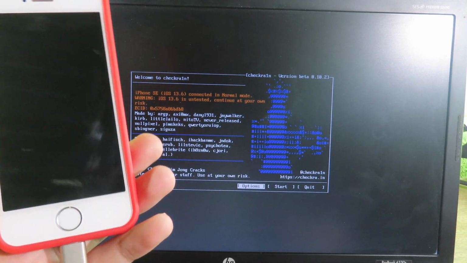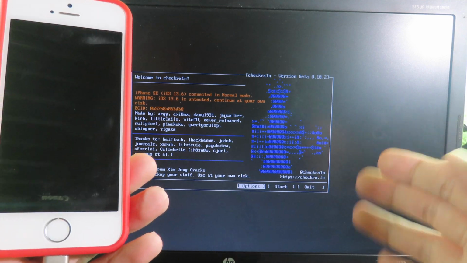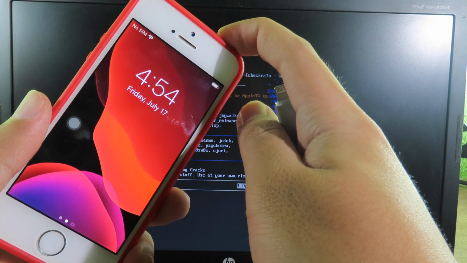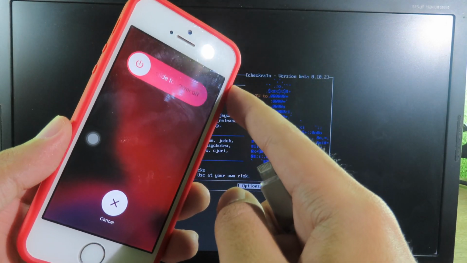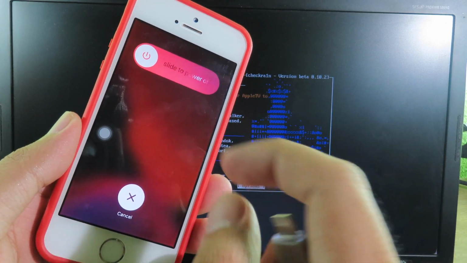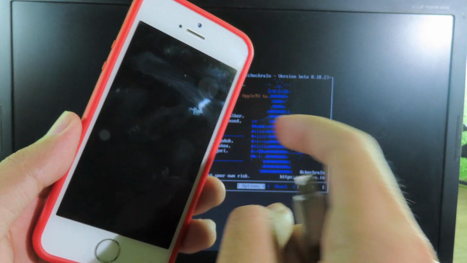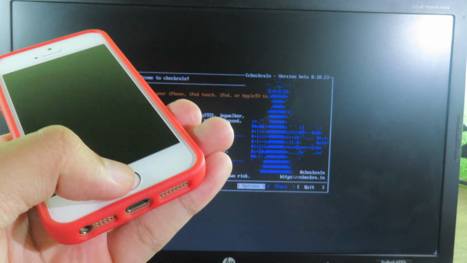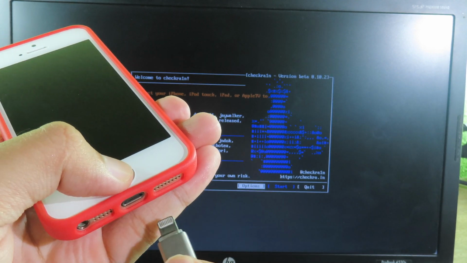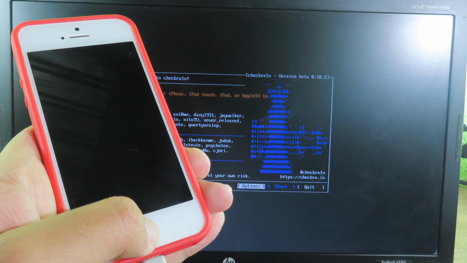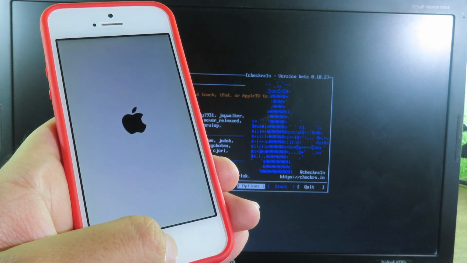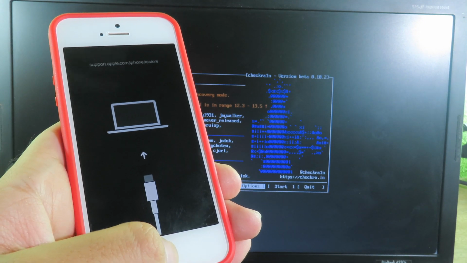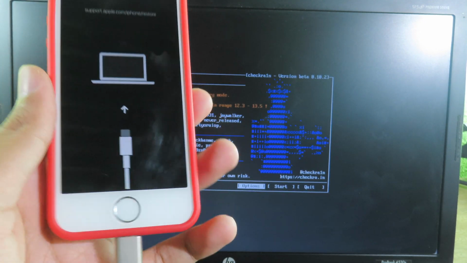Now to make your iPhone recognized by Checkra1n, you can unplug it and turn off your phone first. To get a successful jailbreak, make sure you turn off the passcode too. My phone has already had the passcode turned off, and I can just slide to power off and make sure your phone is completely turned off. Now you can hold the home button and plug in again. Then you can manually go to recovery mode. If you have the iPhone 8, I will include how to put it into recovery mode.